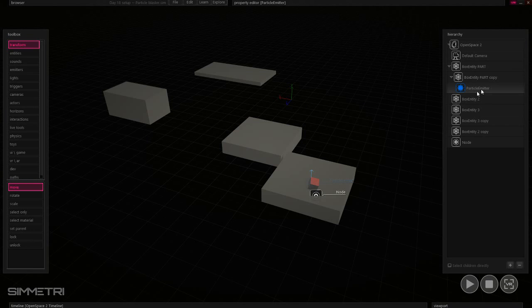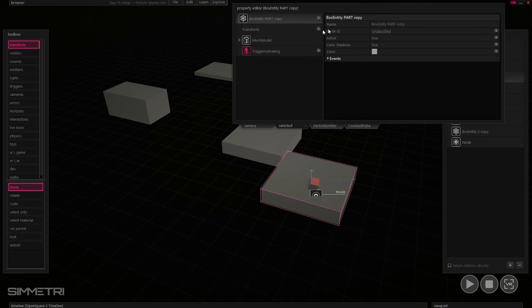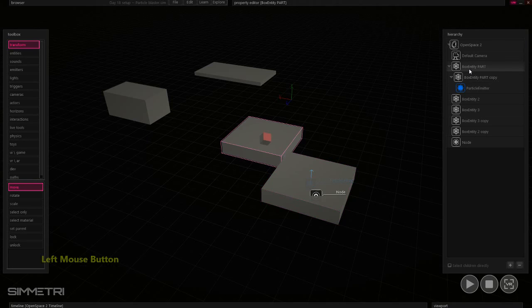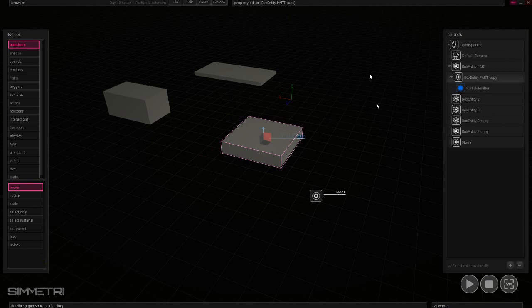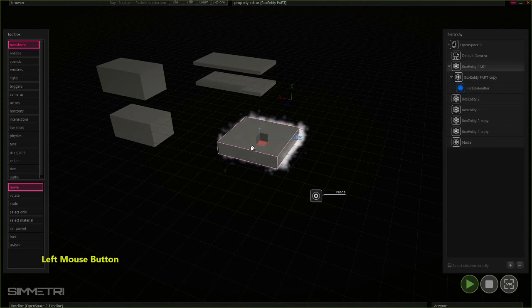So I can use the parent surface of this one with no rigid body as a child underneath the one with a rigid body, and then I won't inherit the rigid body physics into my particles. So let's zero out the transform of this child, and now I'm emitting from